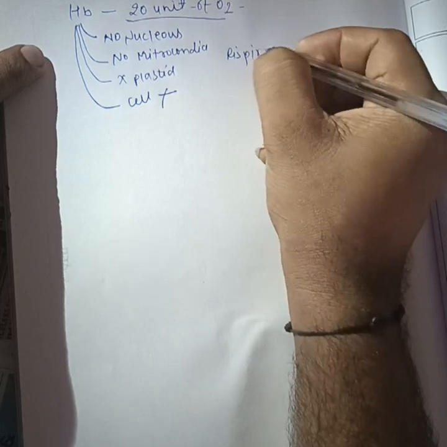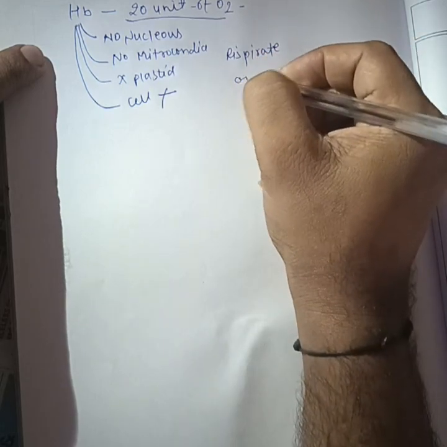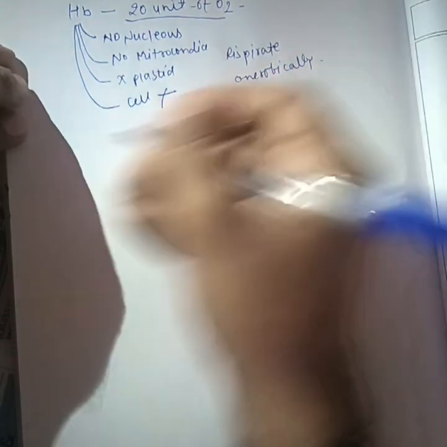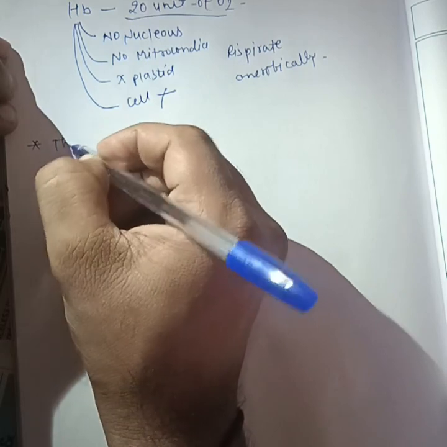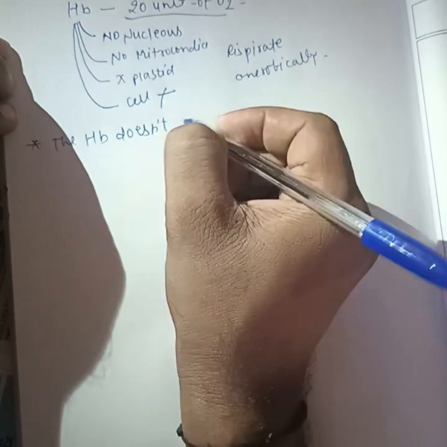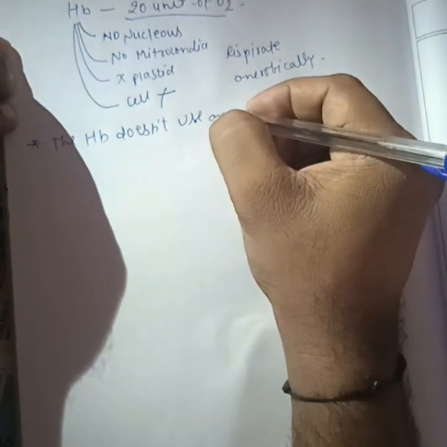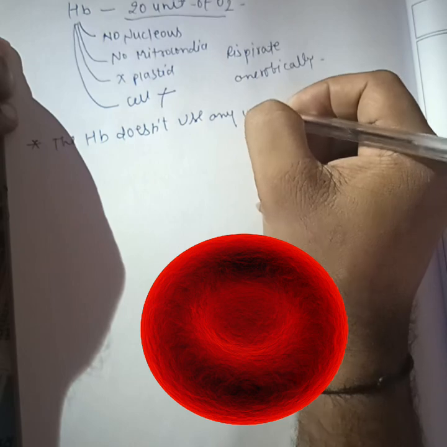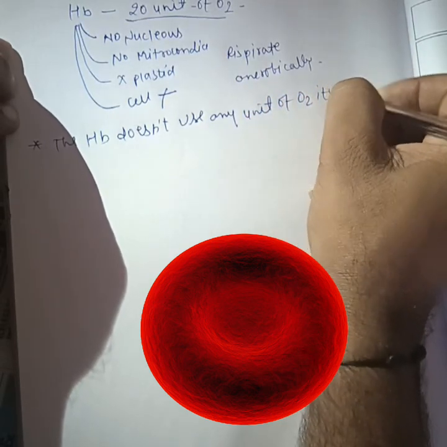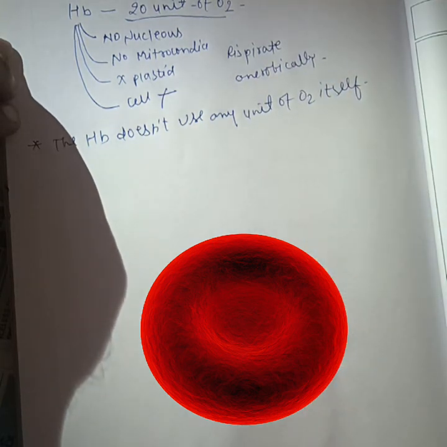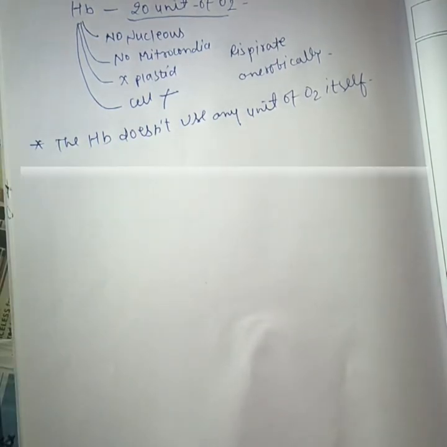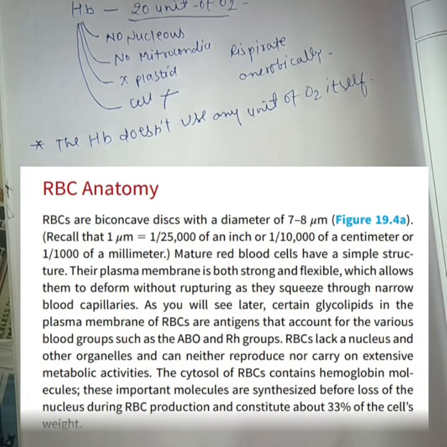respirates anaerobically. Anaerobically means the hemoglobin does not use any unit of oxygen itself. जितना का जितना ऑक्सीजन यूनिट हीमोग्लोबिन के पास है, उतना का उतना पूरा ऑक्सीजन यूनिट हीमोग्लोबिन will transfer to the respective places where it is needed. Okay,